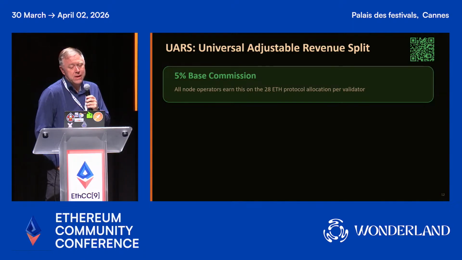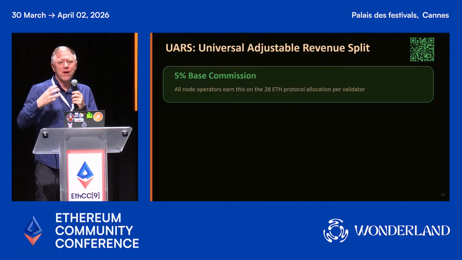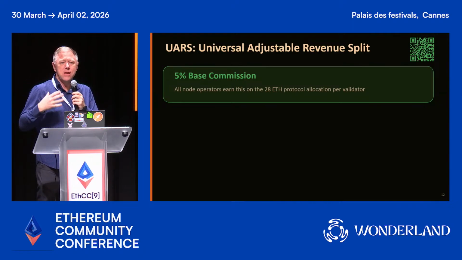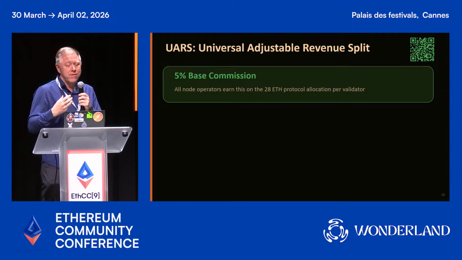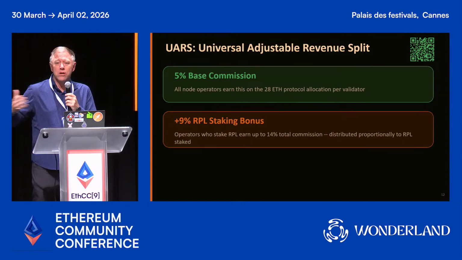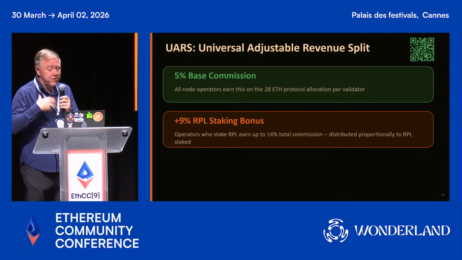And Rocket Pool said that it needs to create maybe kind of this adjustable revenue split, right? Before it was kind of fixed, and so you couldn't go back and change it. And we can see a vision forward that we need to adjust to market conditions, right? Perhaps we need to be a little bit more aggressive in reducing the node operator commission to attract more liquid stakers. And so it launched with the ability now to adjust these settings.